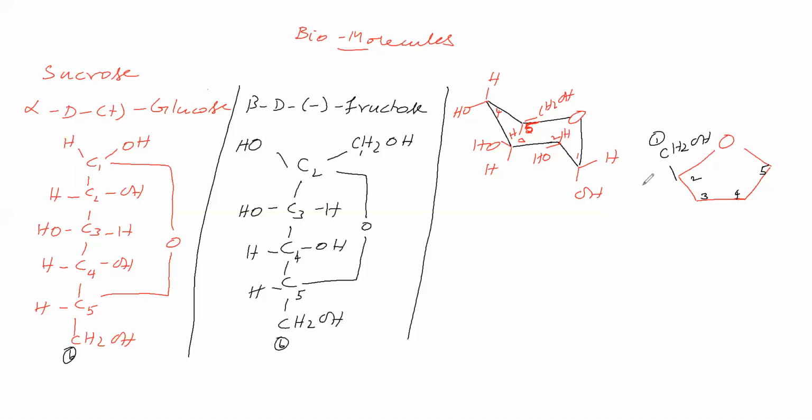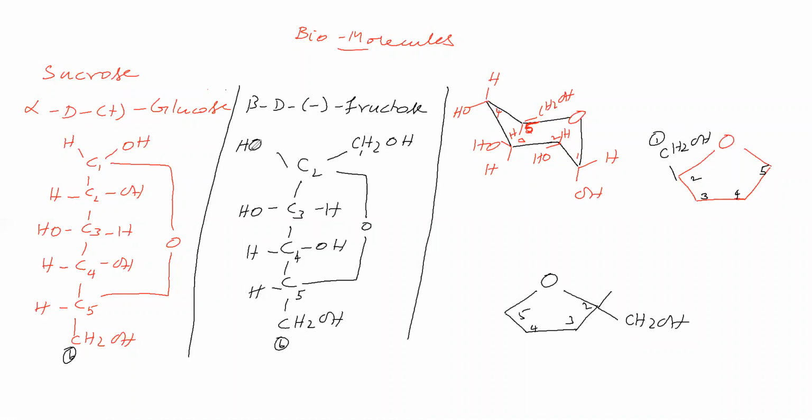Why? Because of how to give the numbering. If you give 2 here, 3, 4, 5 like this, then this C2 carbon is having CH2OH on the right side, and that you can write at down. But we have given numbering in the opposite way. Here we have started 2 in this place, but here we have started 2 in this place. Therefore the right side thing here we will write down, but here the right side thing we will write at top.